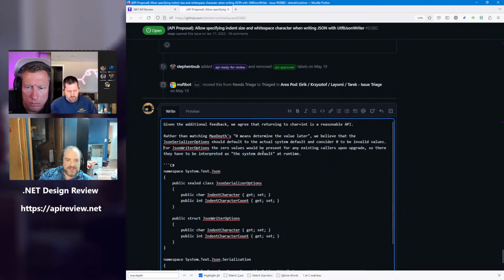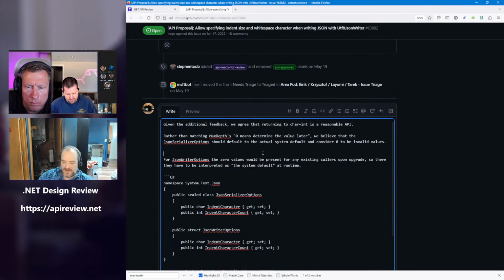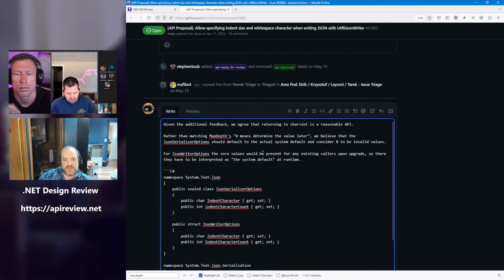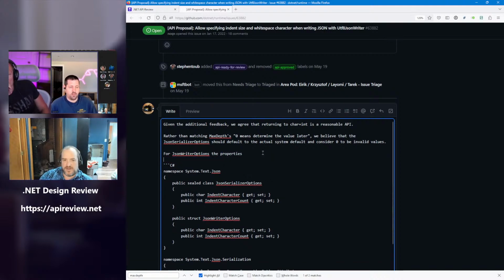Okay. Wow. Structs. They require thinking. Yeah. And in YouTube chat, someone had pointed out that it is technically sensible for an indent count of 0 and for write indented to be true, because all that means is that you would get new lines without any indentation. Indented adds new lines? Yeah, I guess that's true. I don't know why anyone would do that, but it is a sensible thing, isn't it?